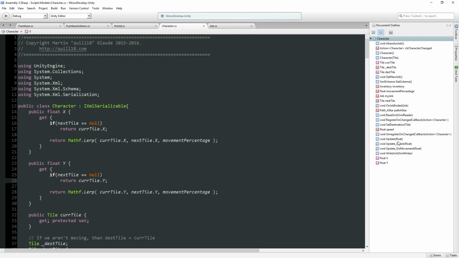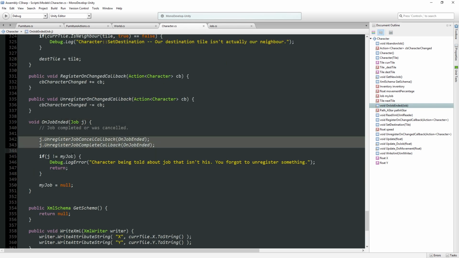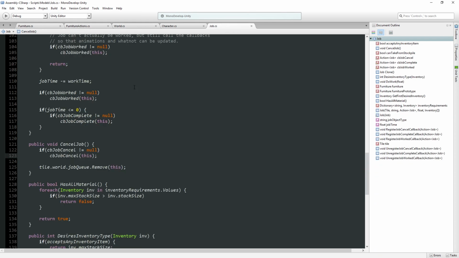Yeah, what I think we're going to do is in our on job ended... Yeah, but we are unregistering the callbacks. So how do we get told this a second time? So something else is changing the character's job somewhere along the way. I wonder if this is getting queued to be called twice in a row. Oh, that might be it. I bet you that's exactly what is going on. So when we cancel a job here, right, job cancel, the character has one function that gets called...